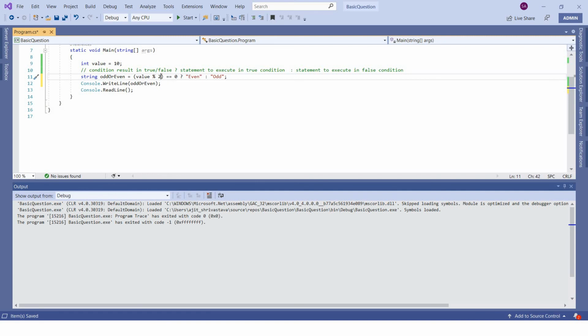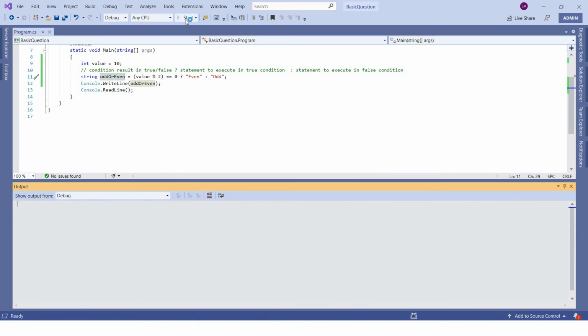Mod is used to get the remainder. 10 is completely divisible by 2, so you'll get remainder 0. Is 0 equals 0? That is true. So your first statement will get executed, it will assign the even value to this odd or even variable, and we are printing it.